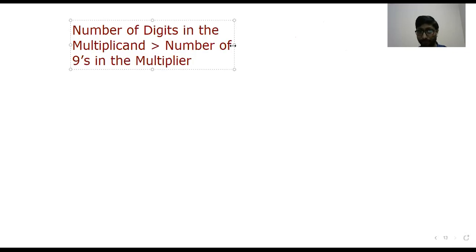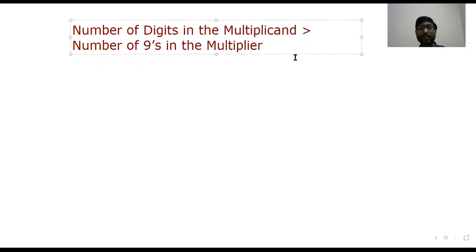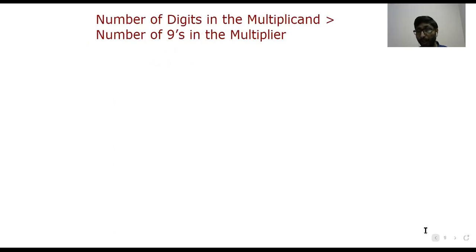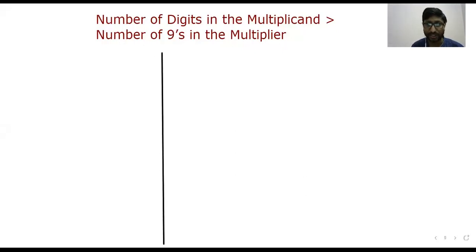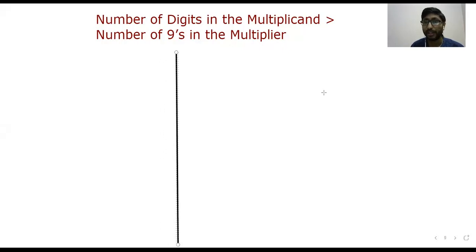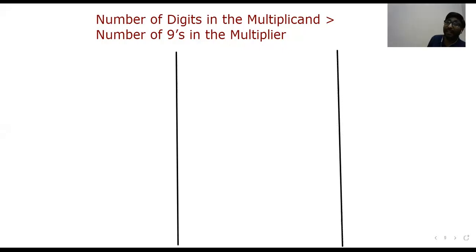This is the third universal logic. So I'm going to make you understand this logic. The number of digits in the multiplicand is more than the number of digits in the multiplier. This is a little difficult to understand the first time. Once you understand, this is also easy, but the steps are more. You'll understand this logic after completion of my live training.